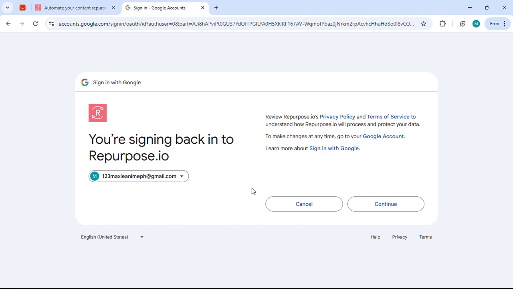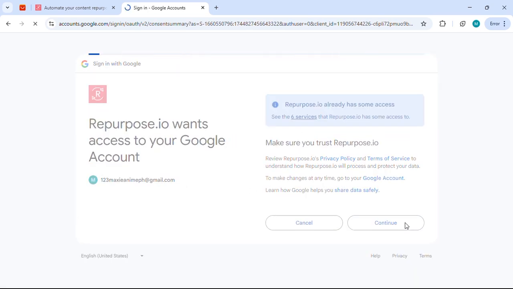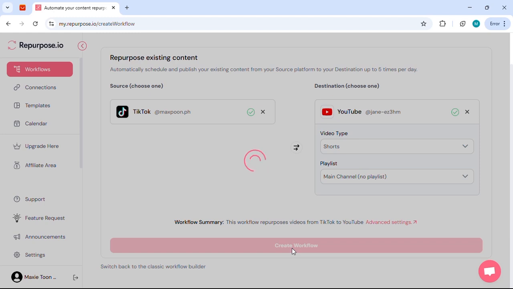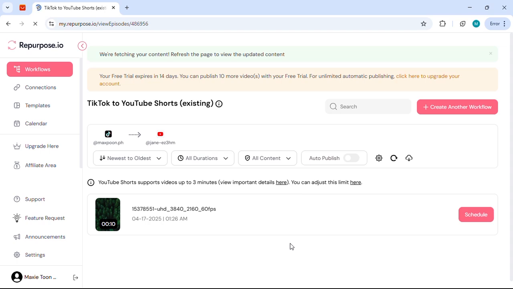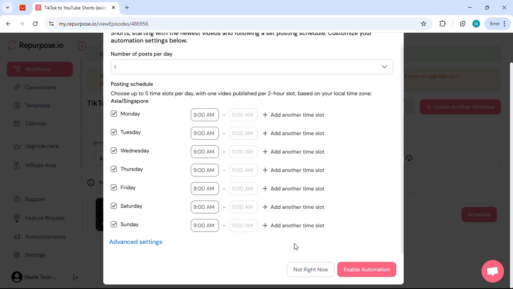And make sure to grant access. And make sure the video type is shorts. Then after that, just tap create workflow. Now in here, same procedure, just input the number of posts per day and then set the schedule of posting to your YouTube.